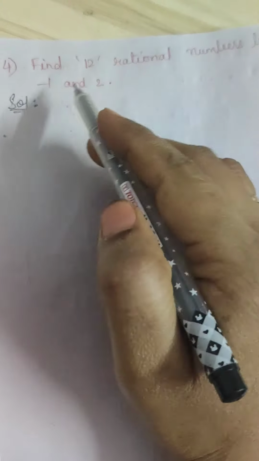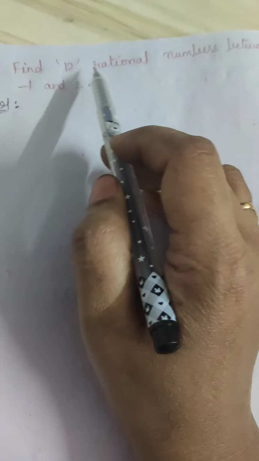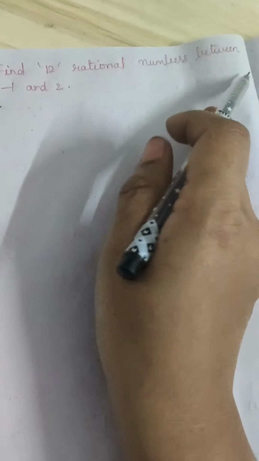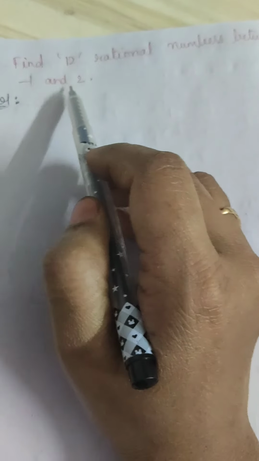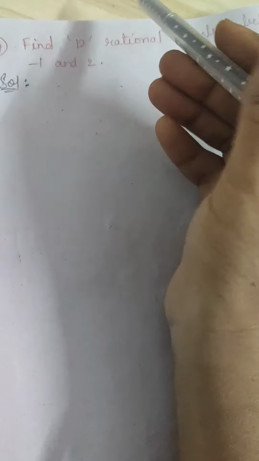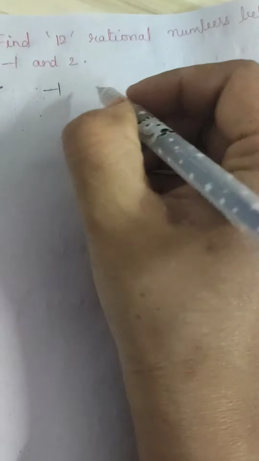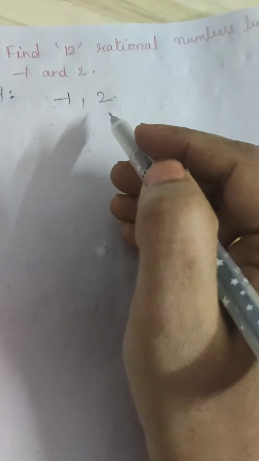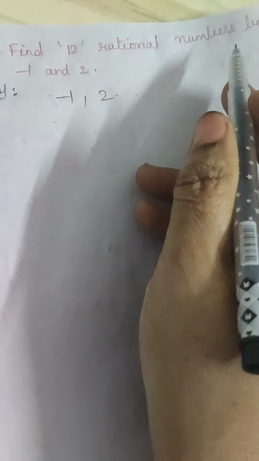Okay children, now question number 4. Find 12 rational numbers between -1 and 2. We are having two numbers here, that is -1 and 2. We should find 12 rational numbers